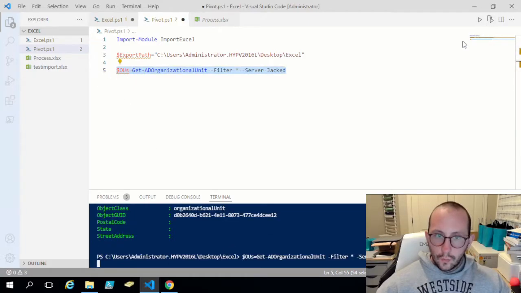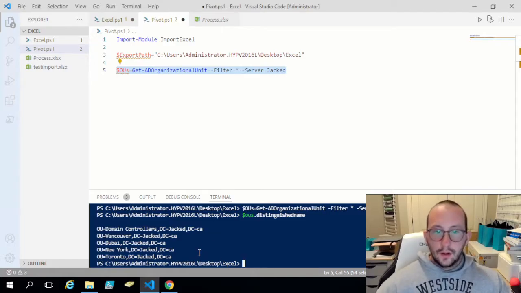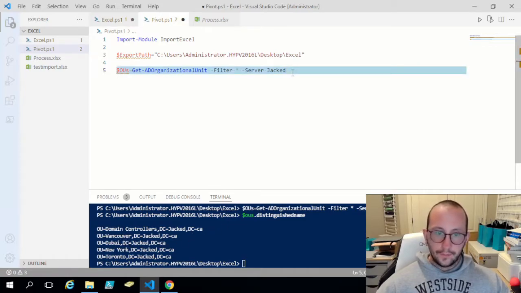If I just run this script here, and let's look at OUs dot distinguished name. So there we are. We have our domain controllers, Vancouver, Dubai, New York, and Toronto. Now, domain controllers is fine that it's there. It's not going to find any users,